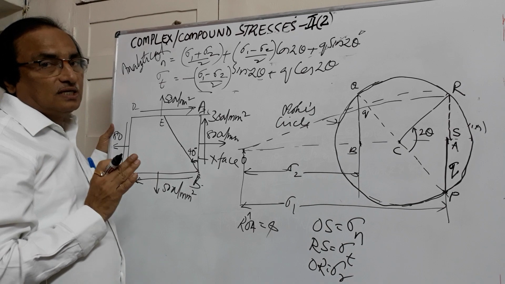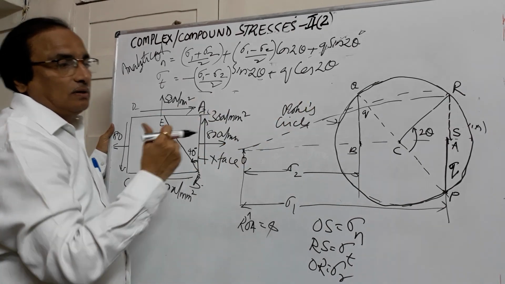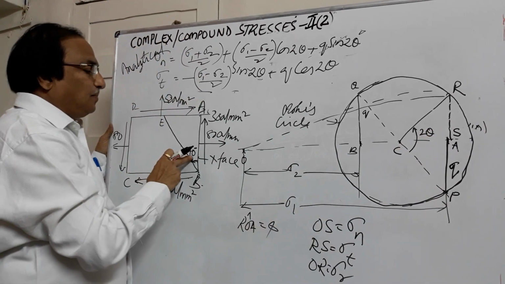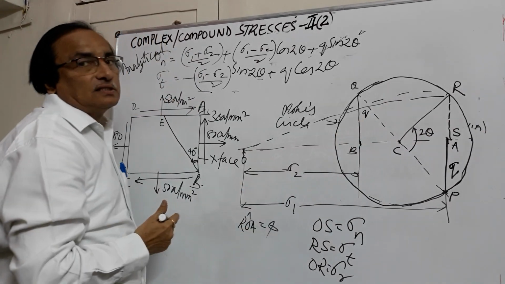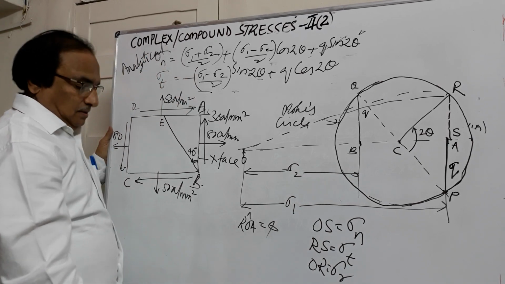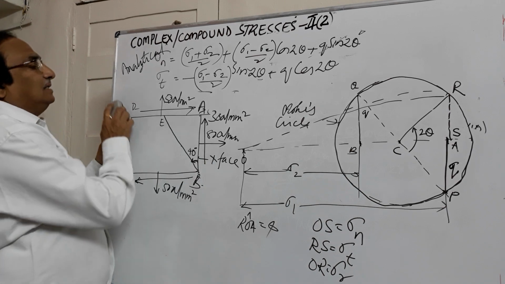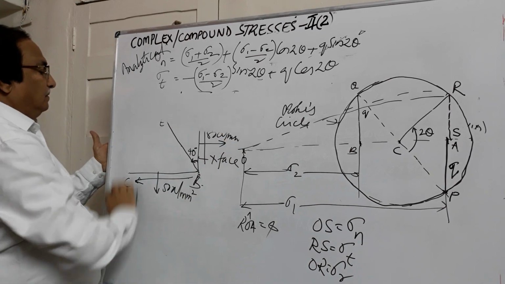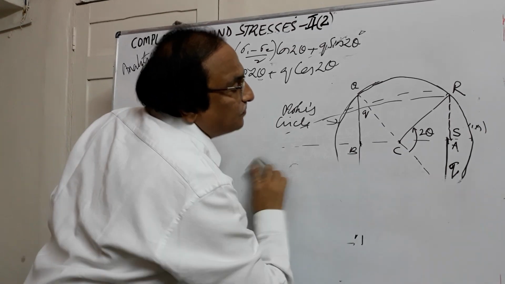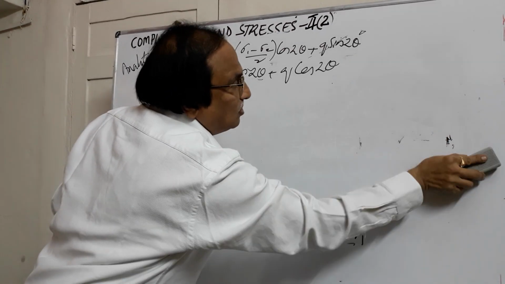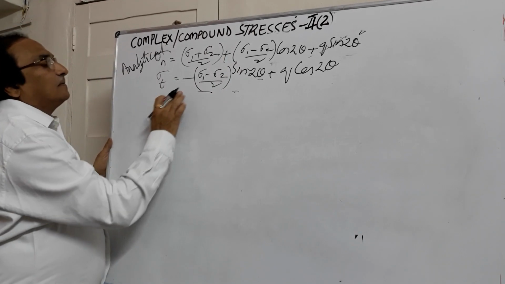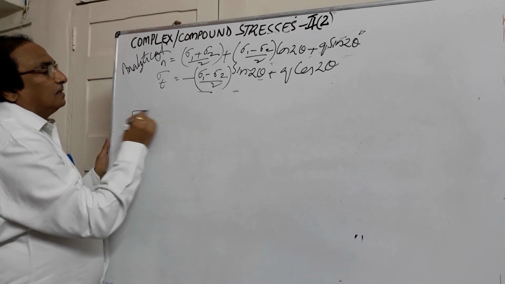Important thing is to consider the sign conventions. Tension is on the right hand side. If shear is positive, it will be going down. If theta is positive, it is measured in anti-clockwise direction. So graphically try this problem and locate the normal stresses and the tangential stresses. We'll take another problem. In both the cases, we have seen the stresses are positive only because they are tensile stresses or normal stresses. We'll take another problem here.